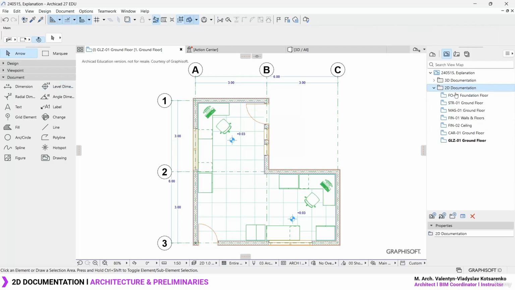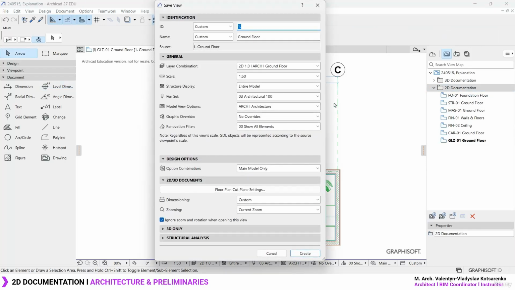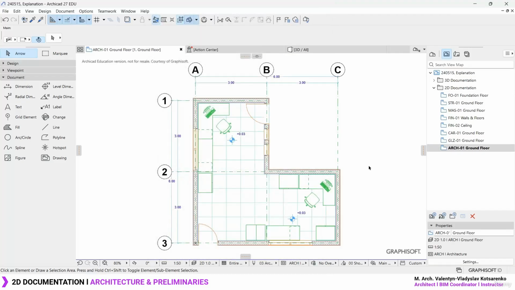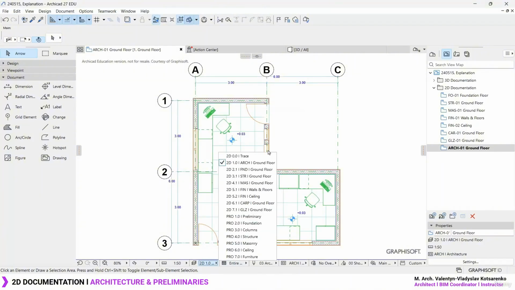So let's simply save the last documentation, which is going to be architecture, ground floor. Set this to fit in window and create the extra plan. Okay. And for preliminaries, well, I guess I don't really need to explain this, because